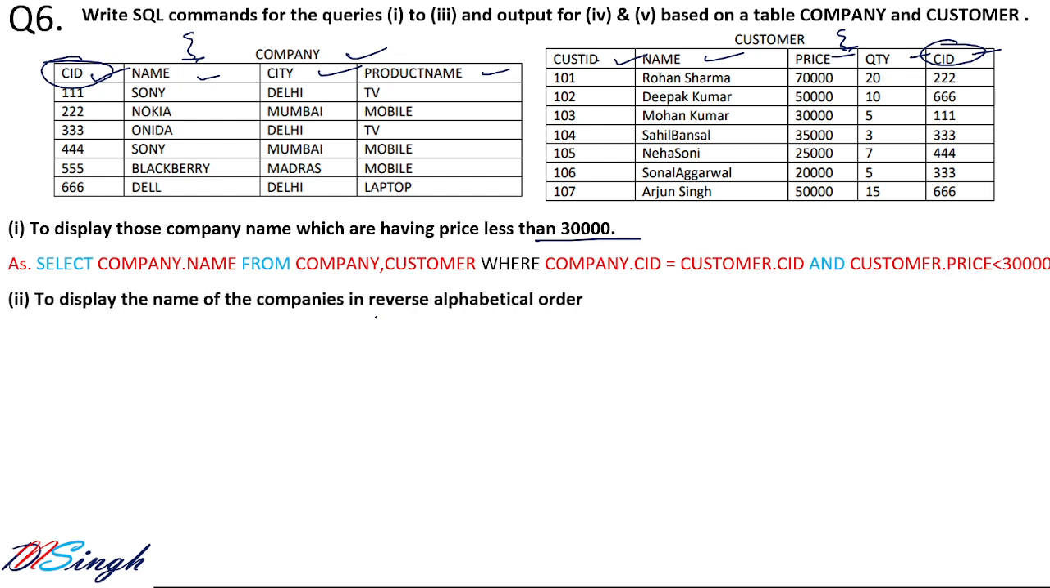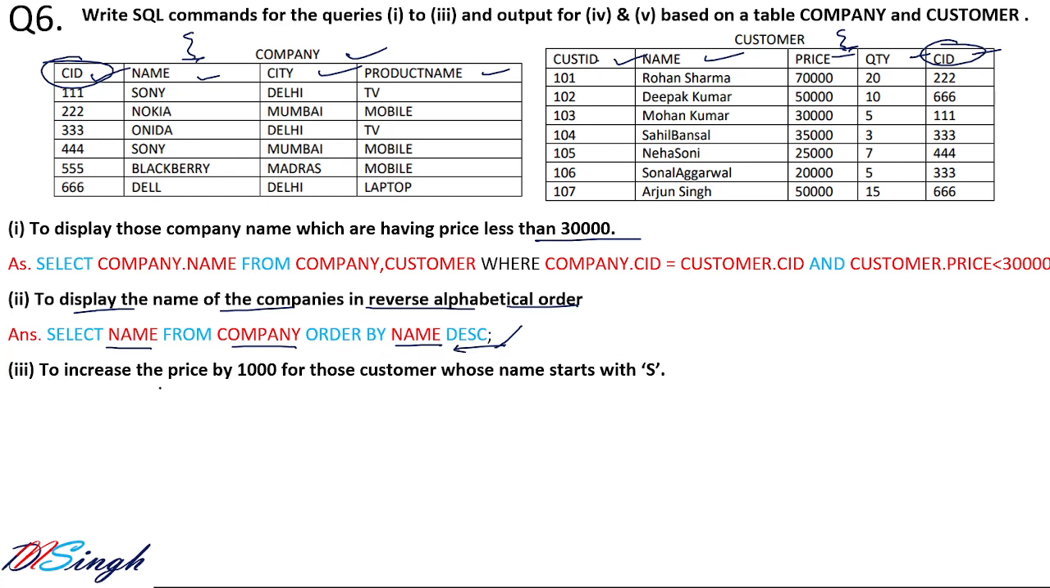Next, to display the name of the companies in reverse alphabetical order. So how can we do that? Reverse alphabetical order. Okay, so select name from company order by name DESC. So it will start printing in reverse alphabetical order. If you print it in ASC, then it will print in alphabetical order. Select the column which you want to select, from, then write the table name, order by, then write the column on which you want to order